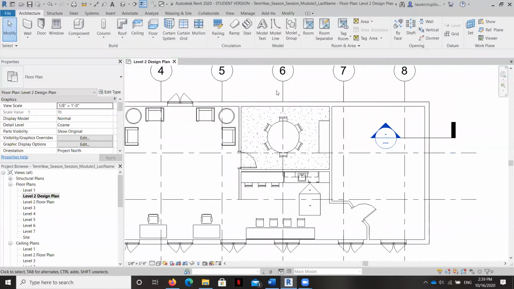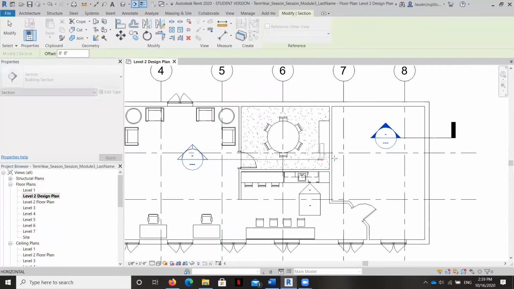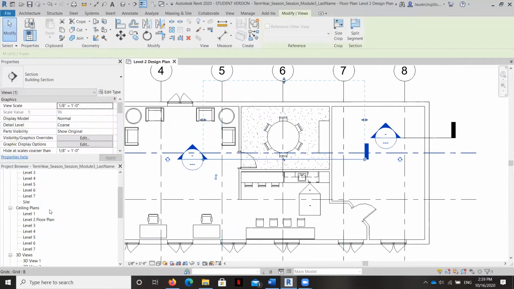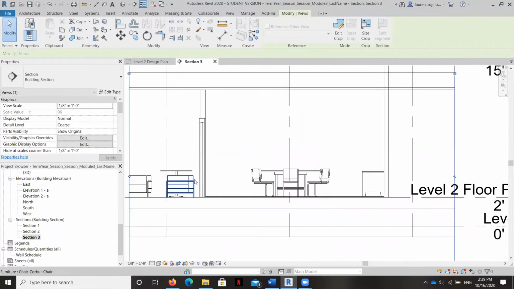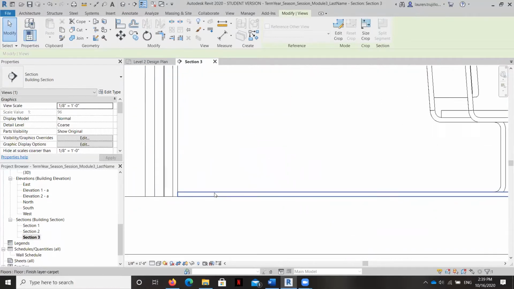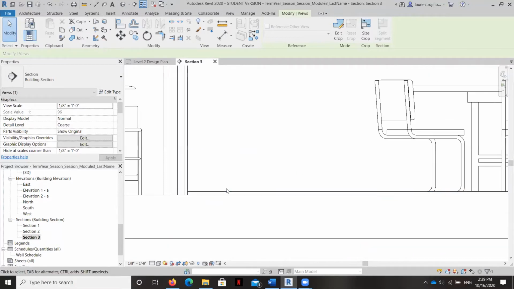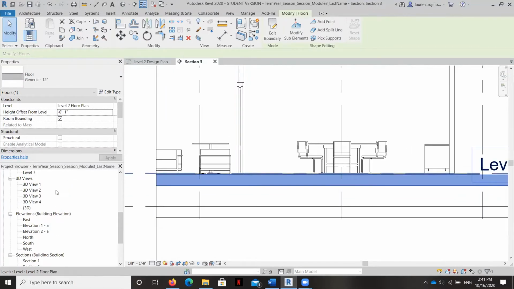Okay, now let's go ahead and do a section cut and see how that looks. You can see that this is different than painting because you can see the structure of the carpet right there. It's fundamentally changed how this building lays out because now it's actually sitting on top of the subfloor layer.